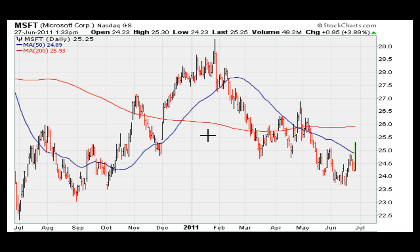Probably if it ever breaks out above that negative divergence, where the price makes a new high and the technicals